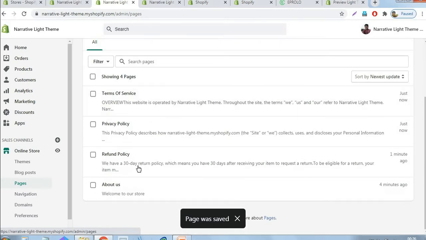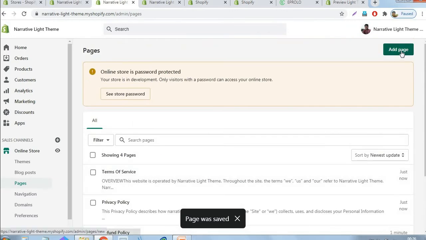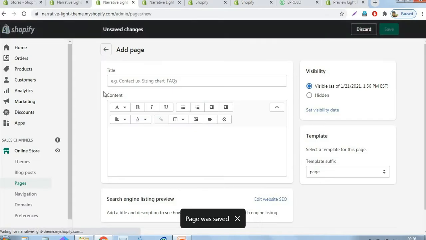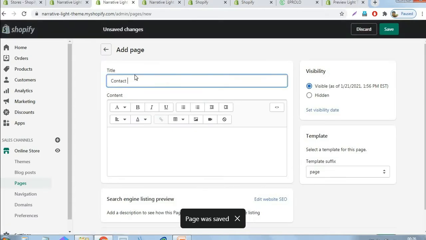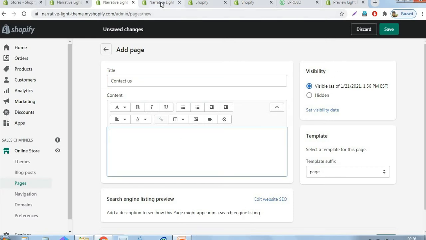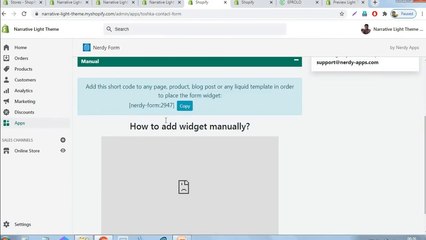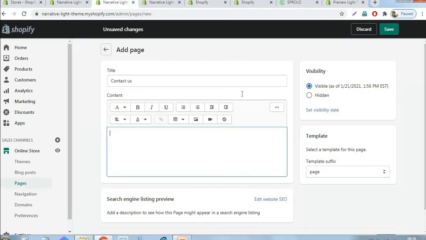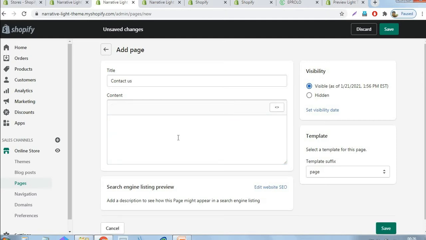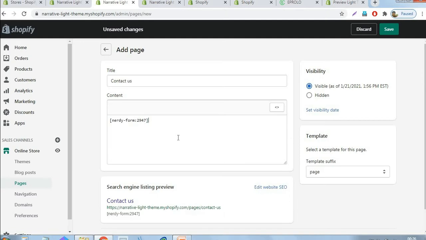Another one is a contact us page, right? Just create a contact us page and we are going to put a short form. Yes, you just copy the short code and paste it here. Show the HTML and just paste it here.